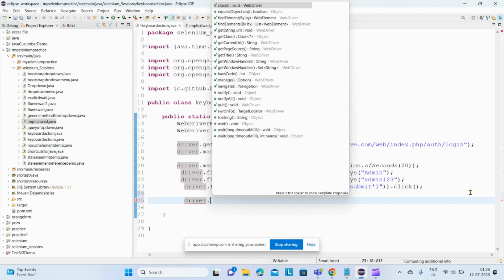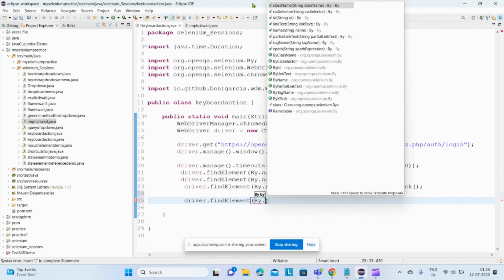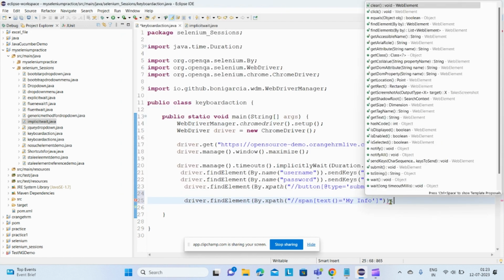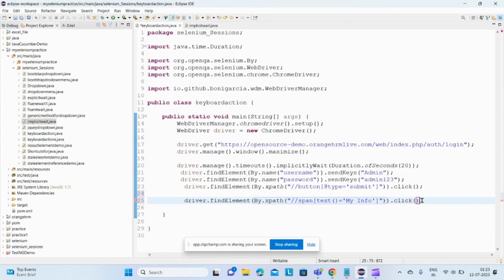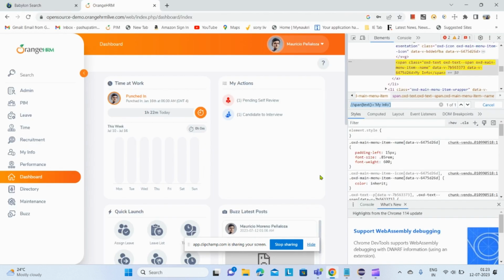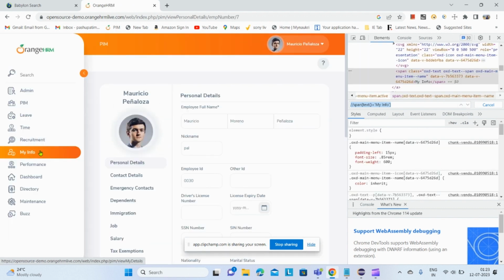Now take this XPath and paste it here. driver.findElement(By.xpath), and XPath is this, dot click. Just to format this, Control Shift F. Now what I have done, I've just clicked on my info button. Now after clicking on my info button, I just want to